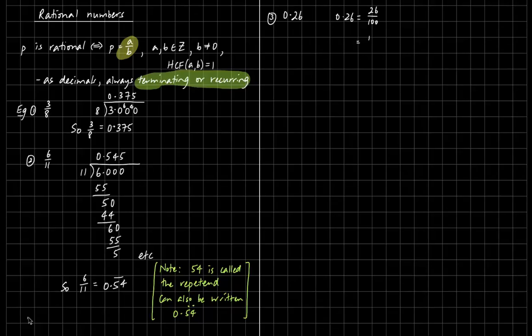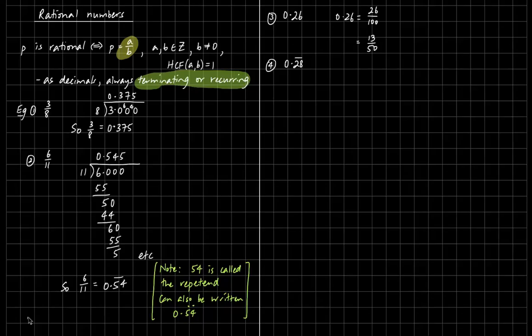So what's that going to be? 13 over 50. So there it is. That meets the criteria of a rational number. It's the recurring ones that require a little bit more work. So let's think about